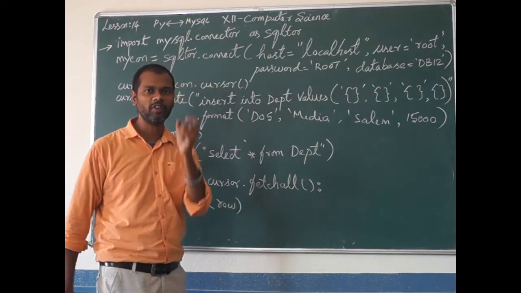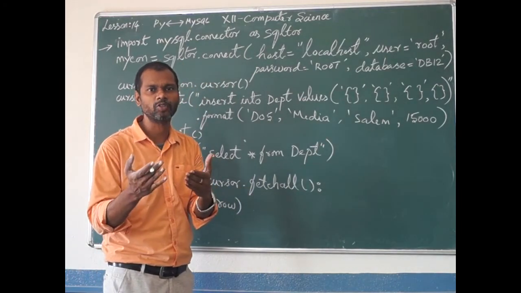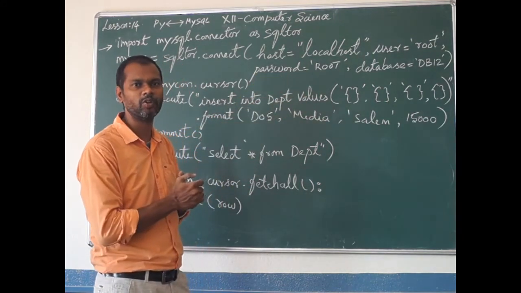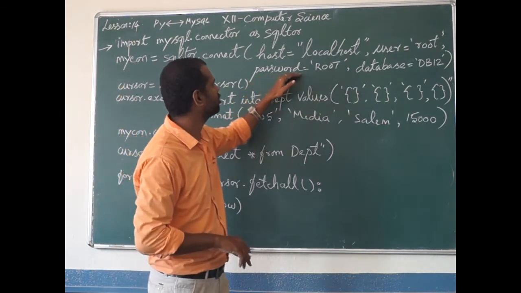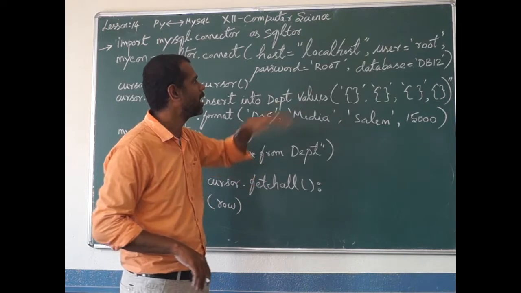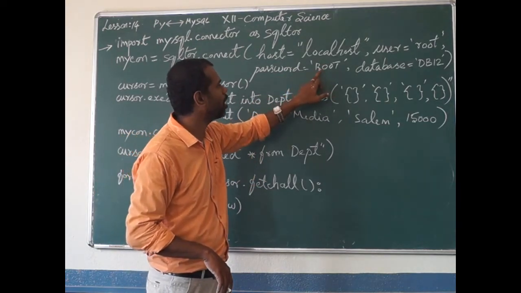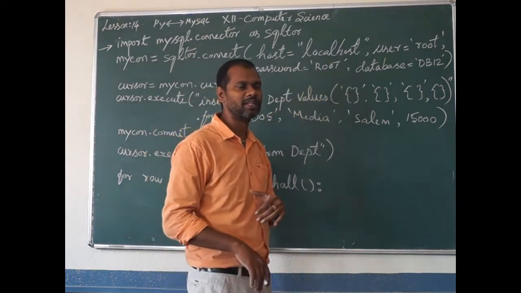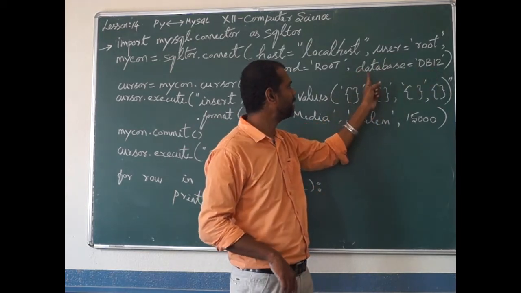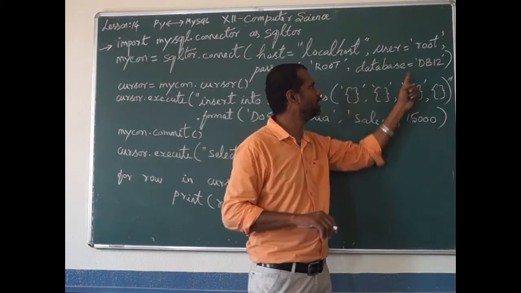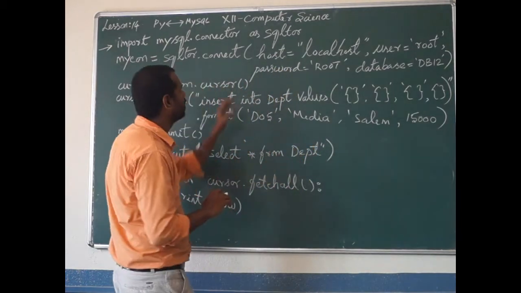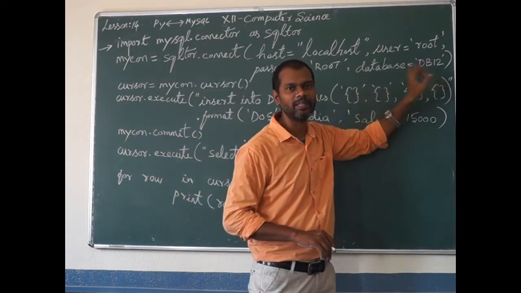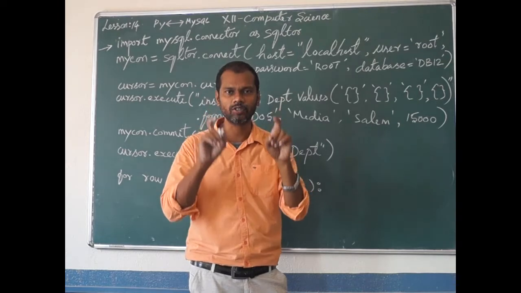Then usually for the password, you know what password you gave on your computer. For SQL password in our computer lab we are using small root. In my system I am using capital root, capital R O O T. So this is my password and my database name is db12. So I am giving database is equal to db12 within single quotes. Listen carefully. The host name, user name, password, database name, everything you have to give within single quotes. Everything must be in single quotes. Clear?